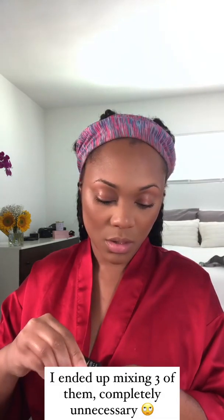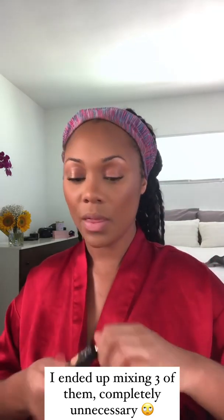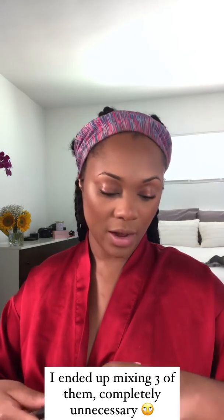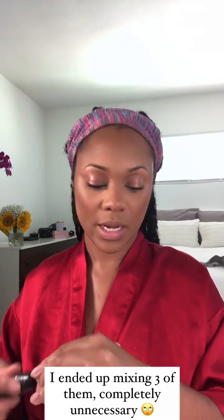Of these, so let's give them a whirl. I'm excited to finally use this P. Louise base. So I'm looking like that. I'm gonna use a regular fluffy-ish brush, and this is a Morphe number E30. The other brush I was using was a Fenty 180 concealer brush. So I'm gonna just tap out the edges first. I want this to be nice and seamless. We're going for something basic, something very easy,